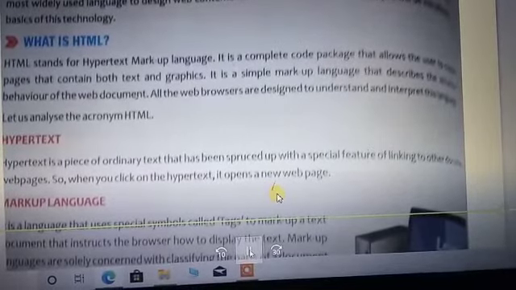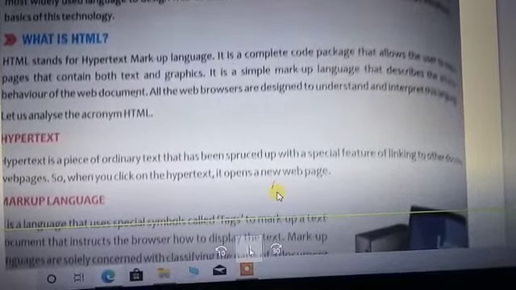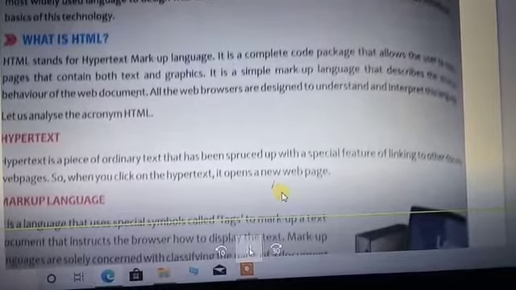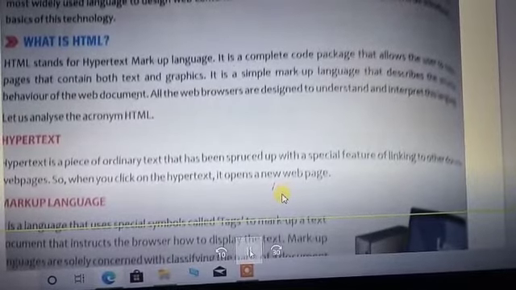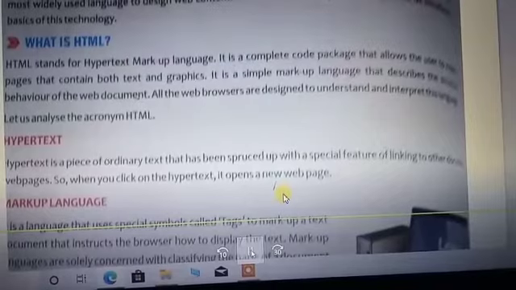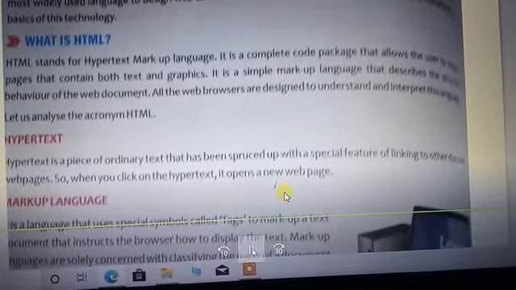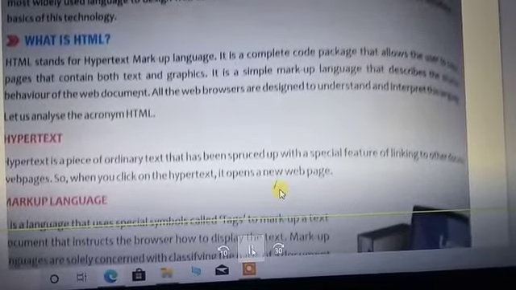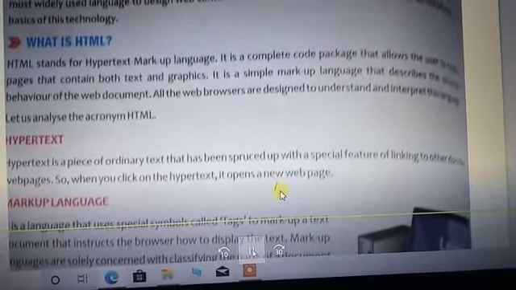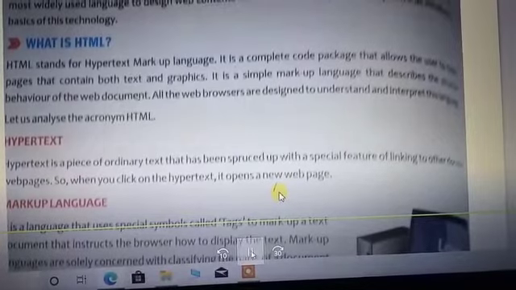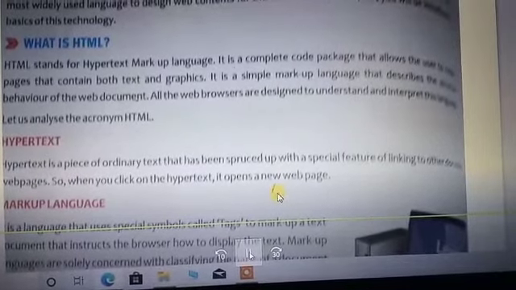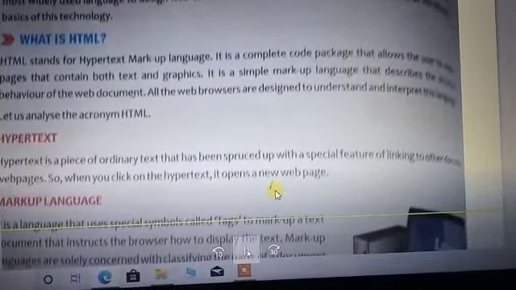It provides the attachment of a particular content or resource. When you click on the particular word, it opens some other information that is embedded onto that particular word. So the first H means hypertext, and it provides the linking facility.